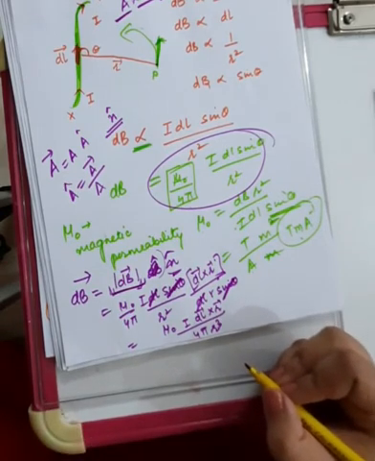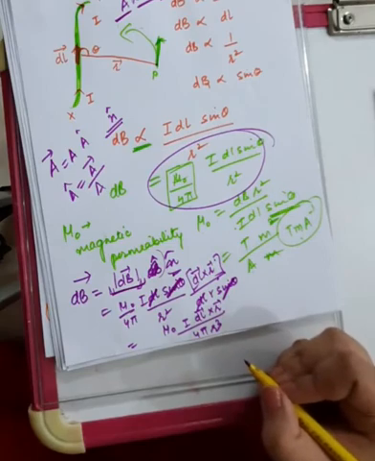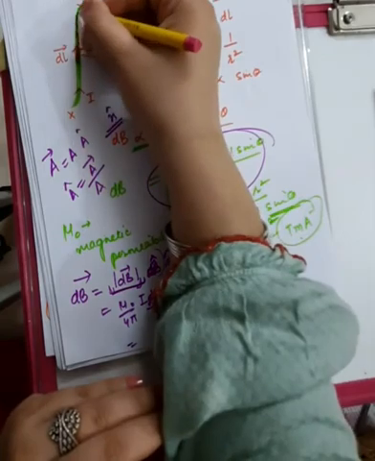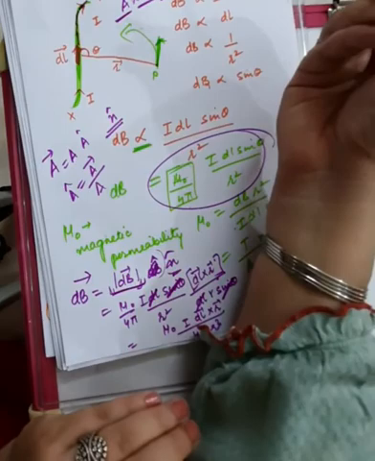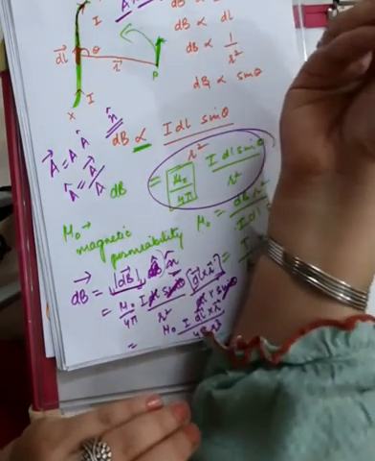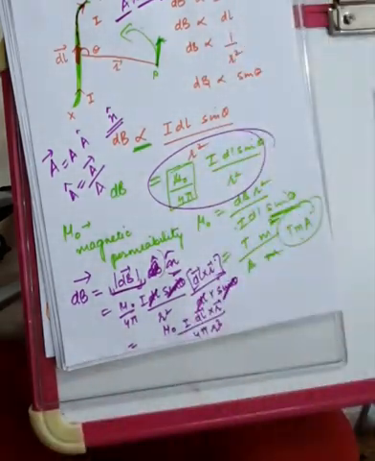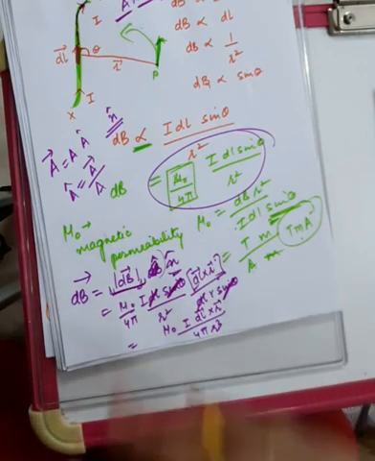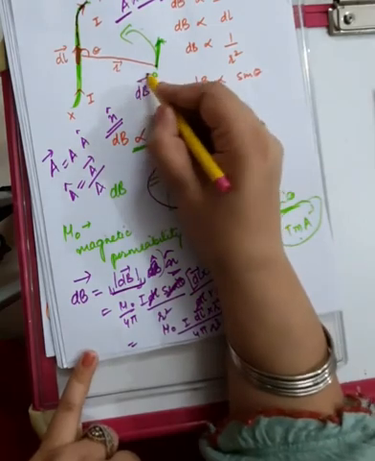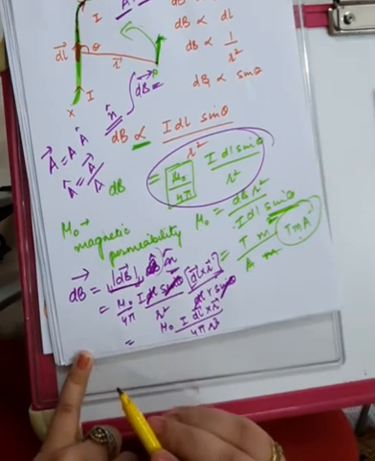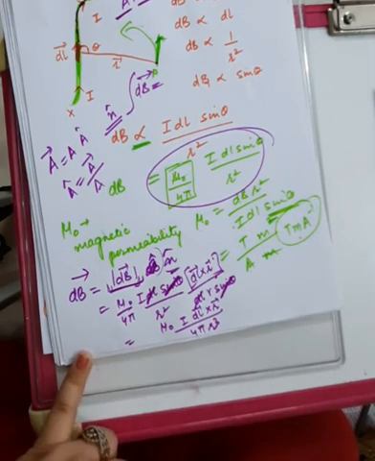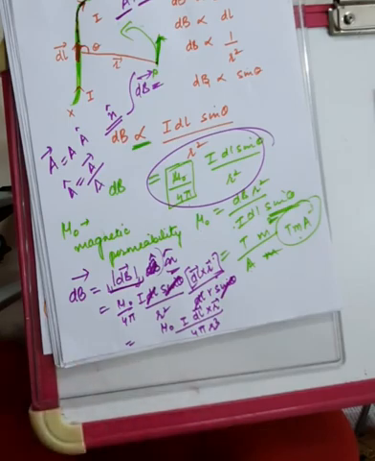Remember that in this law we only find the magnetic field due to a very small current element, because when all the current elements are combined together, it's difficult to find the magnetic field and its direction. But if you want to find the magnetic field due to the entire wire and the current is uniform, then simply you need to integrate this equation. You need to put an integral sign over here if you want to find it for the entire wire. So this is Biot-Savart's law.